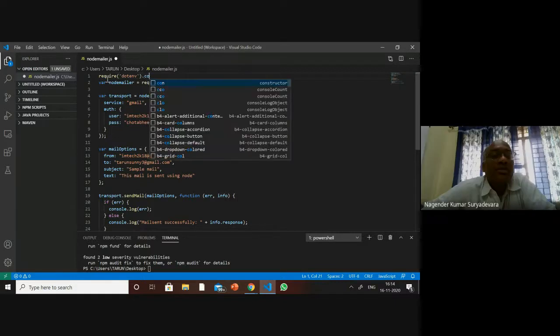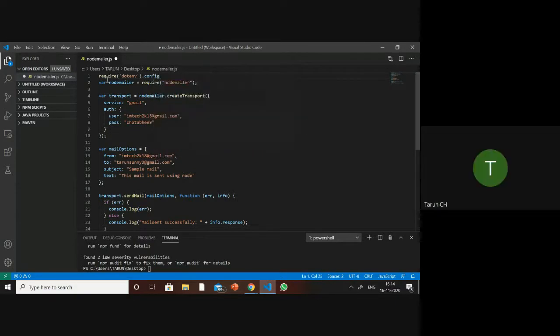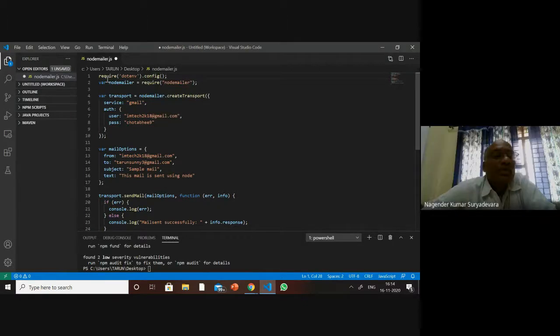You set the configuration there only. Semicolon. Save this program.